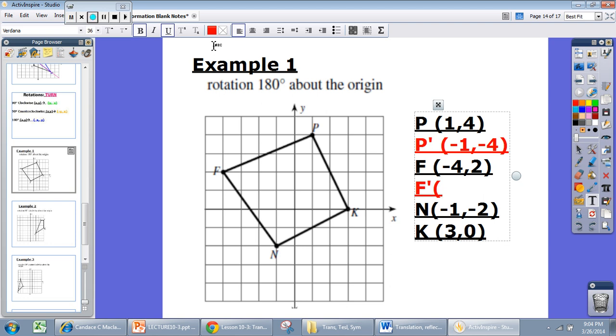All right, so F is already negative 4, so you're going to take off that negative, but make the 2 negative. And then N is going to turn both positive. So N is 1, 2. And then your new K,